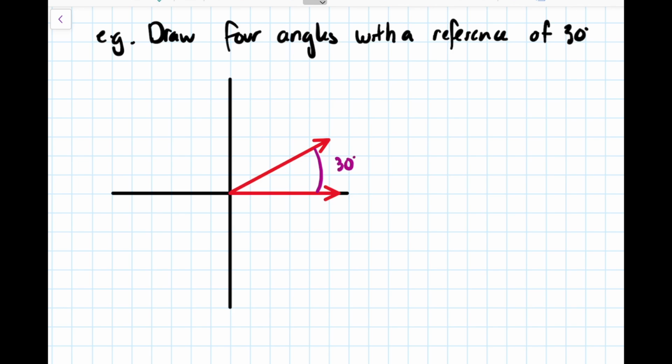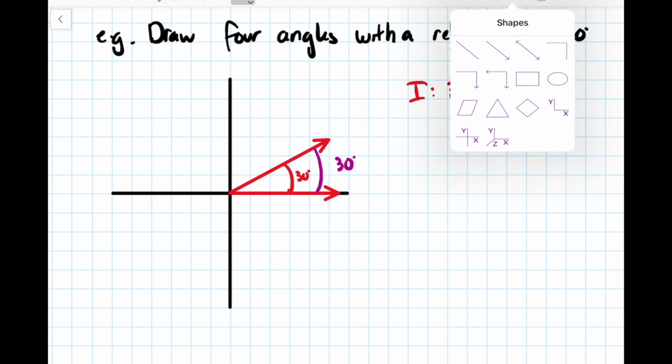The nice thing about quadrant 1 is that my angle and my reference angle are just the same. So this is also 30 degrees. So our angle in quadrant 1 is just 30. In quadrant 2,